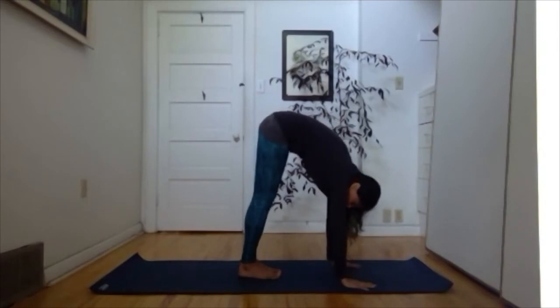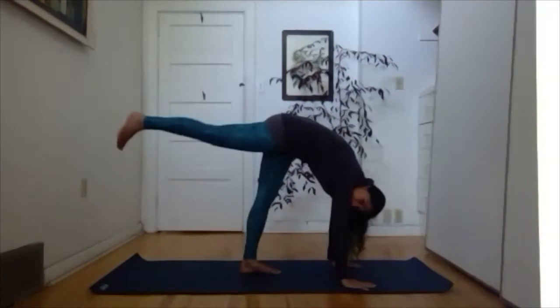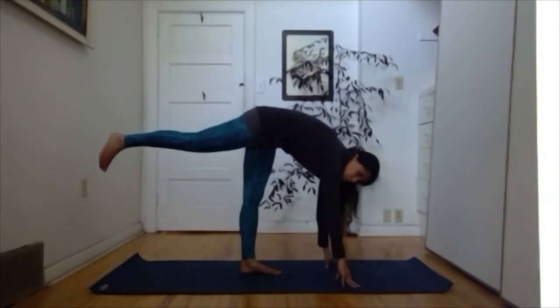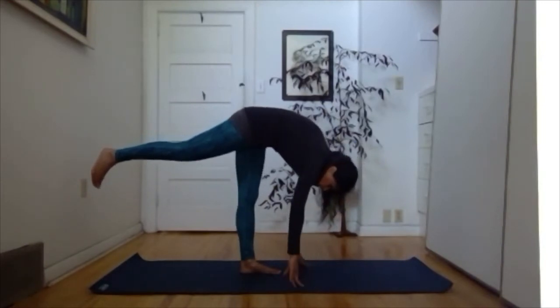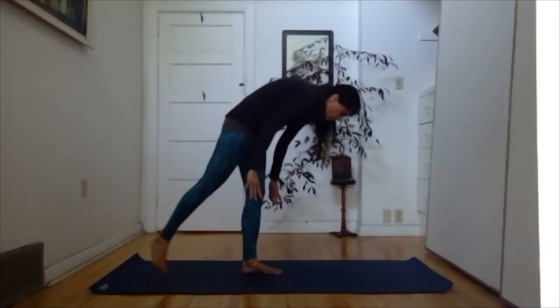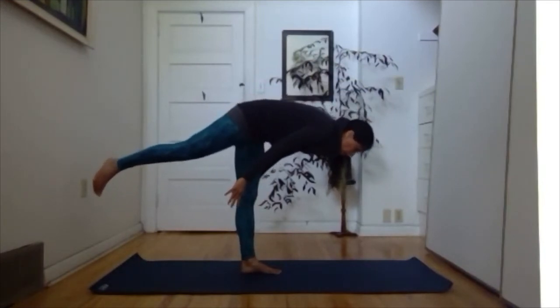And once you arrive there, bend your right knee slightly. And then raise your right leg up. So it becomes a 90-degree angle again. And now first come onto your fingertips. Keep drawing your fingertips closer and closer to your left foot. And then you're going to start to stand up. It's okay if you do what I've just done and have to touch the mat to come back to the